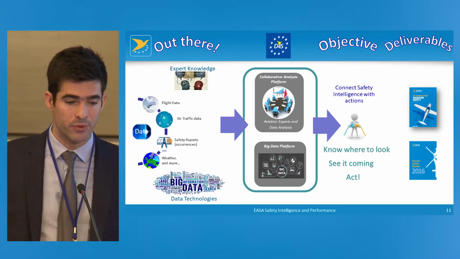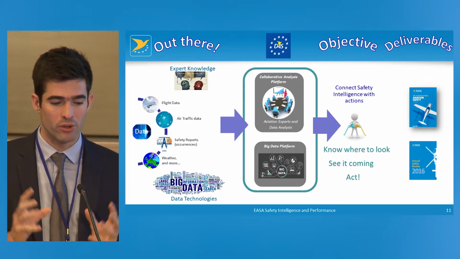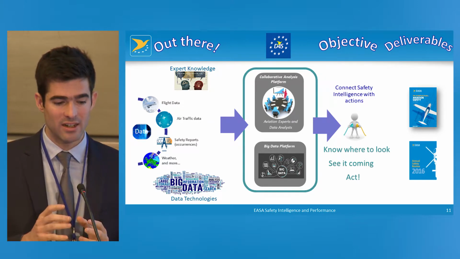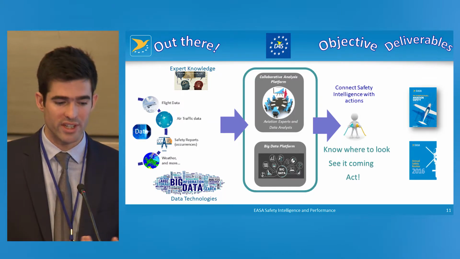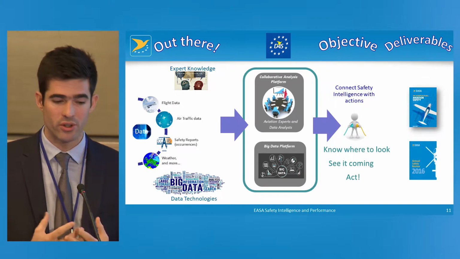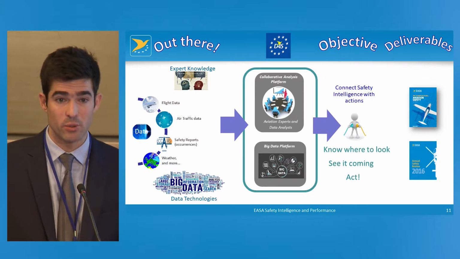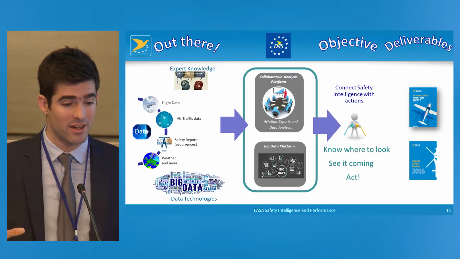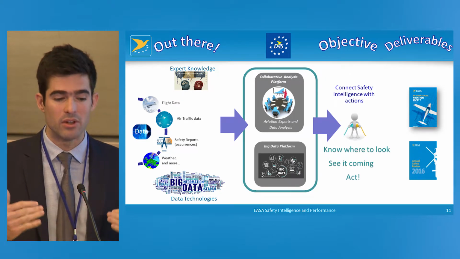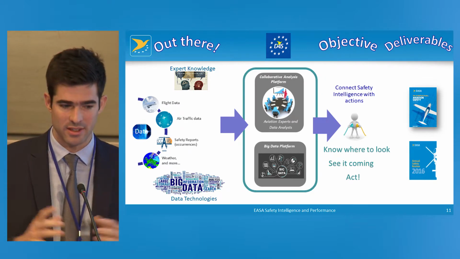So now the concept. The main idea of the Data for Safety program is to leverage 3 components that currently exist in our aviation system, but are still fragmented, scattered, and not connected. The first one is the big data technologies. We want to leverage the availability and maturity of those technologies and apply them to aviation safety topics. In parallel, we have, on a daily basis, a lot of operational data produced in our system and still analyzed in a siloed manner, scattered.